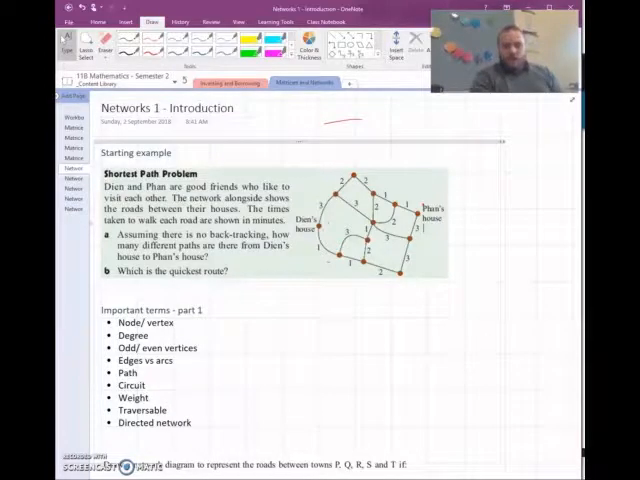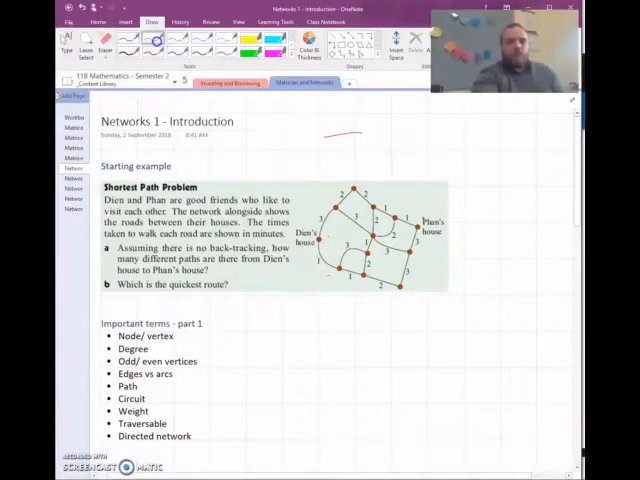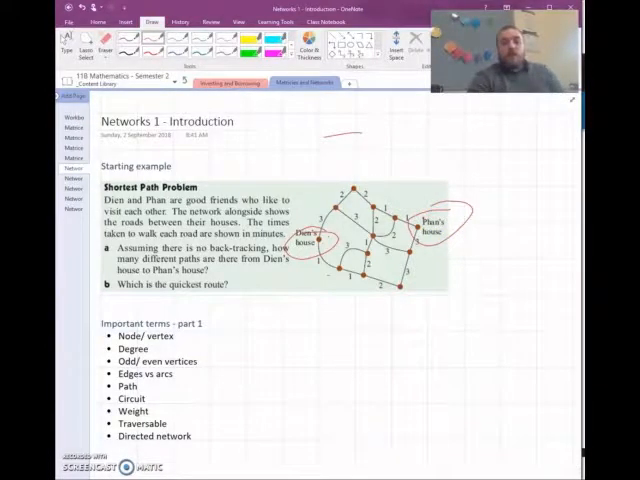All right, so just having a look at this example. Dean and Fun are good friends who like to visit each other. So this is Dean's house just here, and Fun's house just over here. There's roads in between them, and there's the distances between the roads. So 3 from here to here, 2 from here to here. The time taken to walk to each road is shown in minutes. Assuming there's no backtracking, how many different paths are there from Dean's house to Fun's house, and what's the quickest